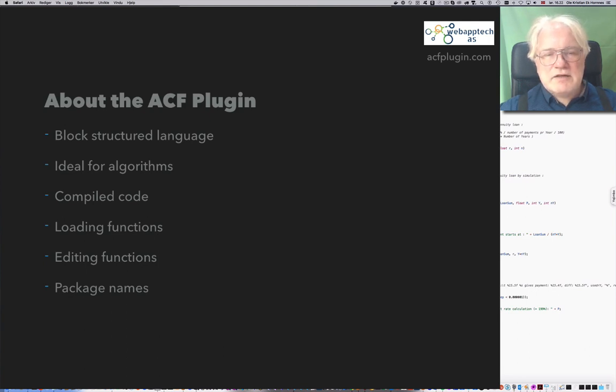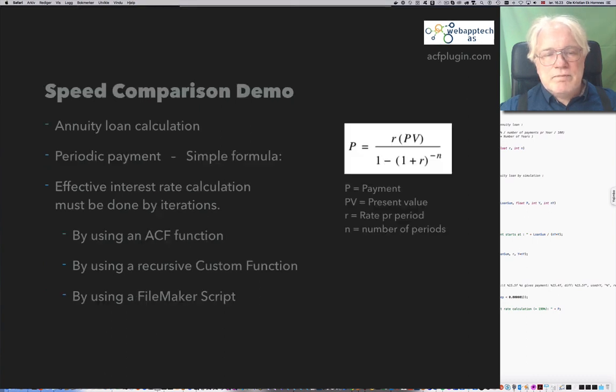Usually, as in PHP or JavaScript, you have many functions in the same file. You put a package header that names the package at the top of your source. You can load or compile as many ACF packages as you like, but having a name makes us able to replace only the ACF package you recompile or reload. In our demo files, we have set up 4 packages, but you can quickly expand with more.